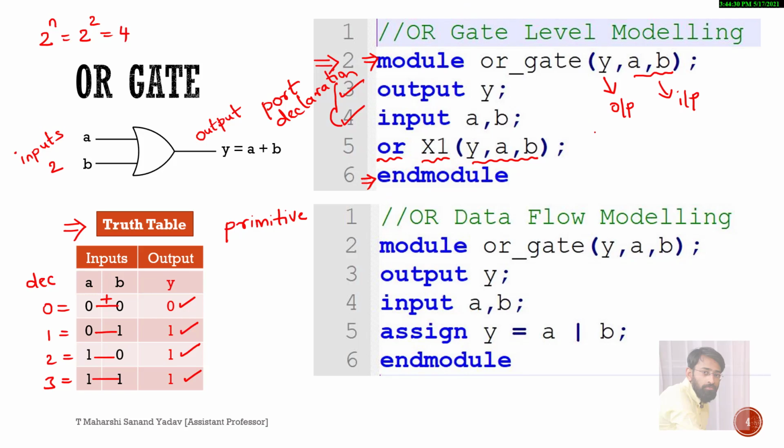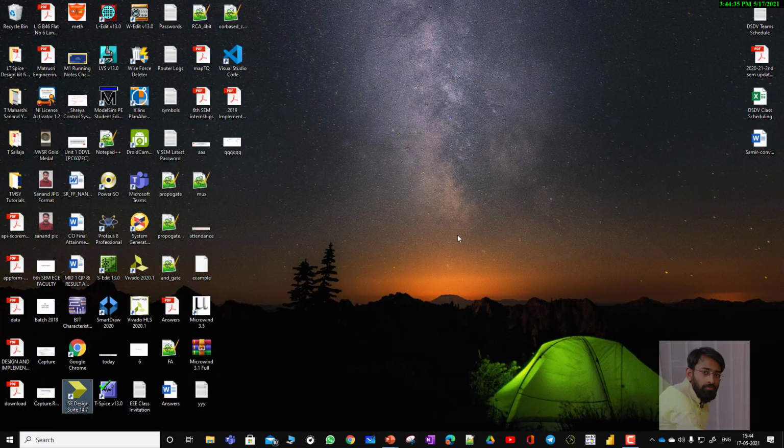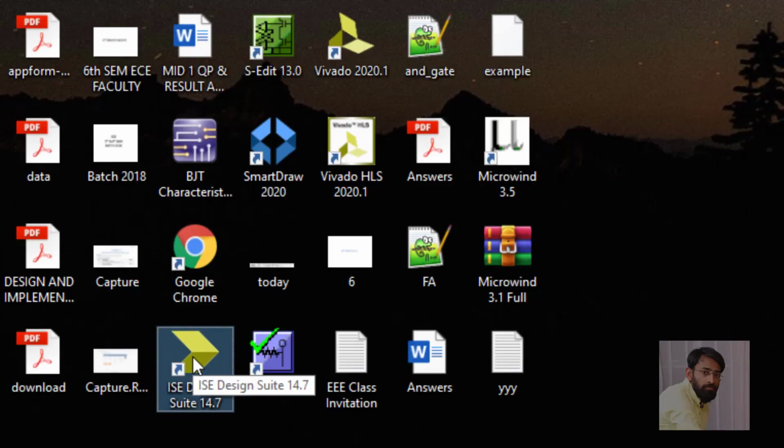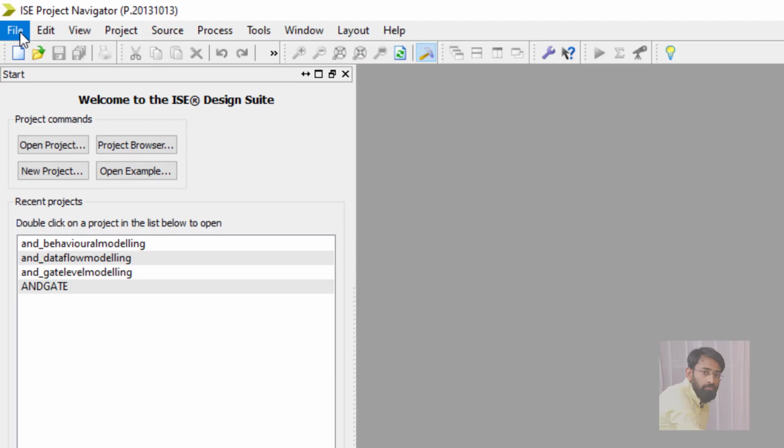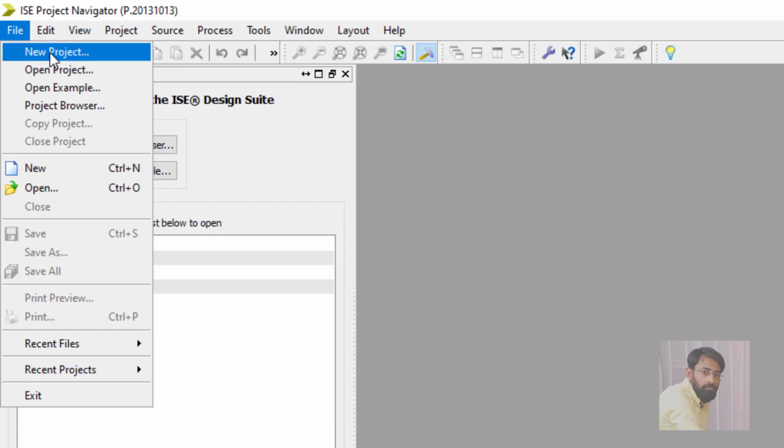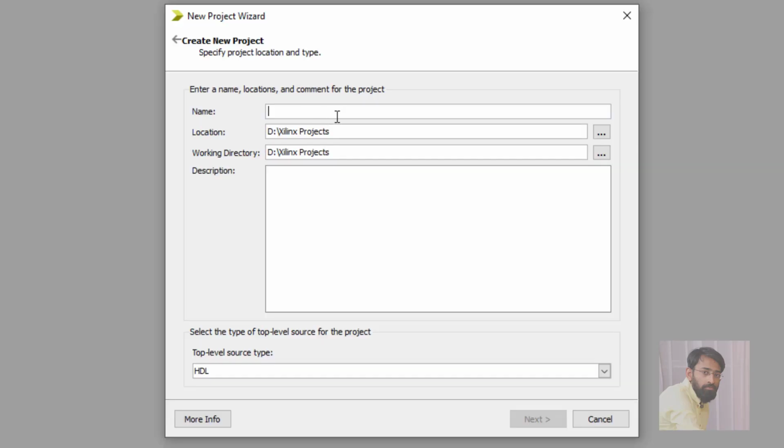Now we shall implement the same thing by using Xilinx tool. So to do that, open ISE Design Suite 14.7, double click on it. So the next step is click on File, New Project. So I'm giving some name for the project.